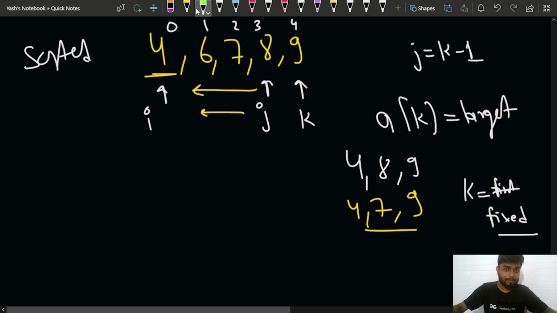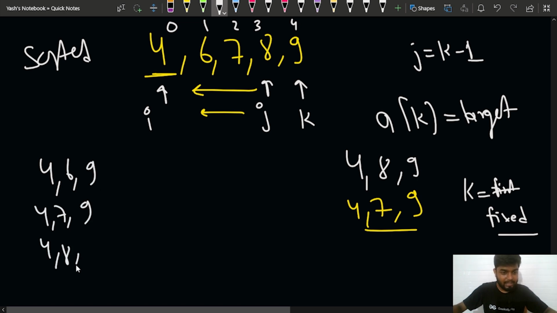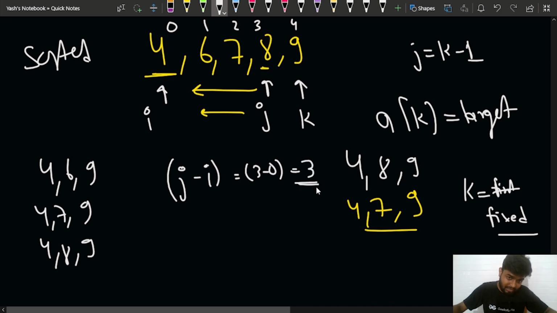So if I see here, what is the number of elements? I can see that 4 comma 6 comma 9 is one such pair, then 4 comma 7 comma 9 and 4 comma 8 comma 9. So basically if my j is standing at this 8, there are 3 elements, and that is the actual answer, because if I do j minus i, I'm getting 3 minus 0. That means nothing but 3 elements, right? So that is why every time I get a pair such that a i plus a j is greater than a k,